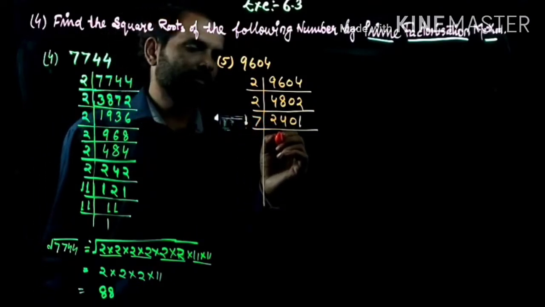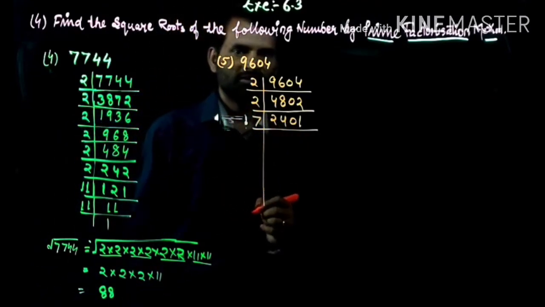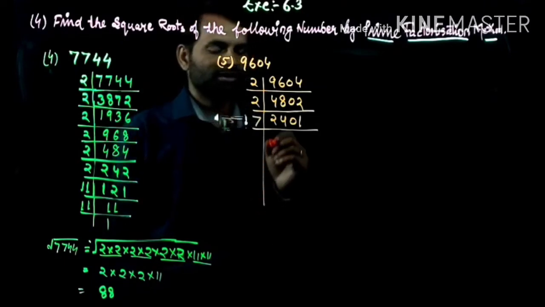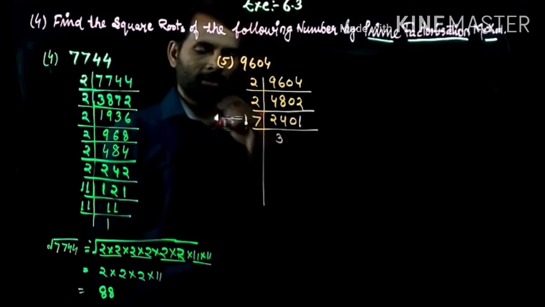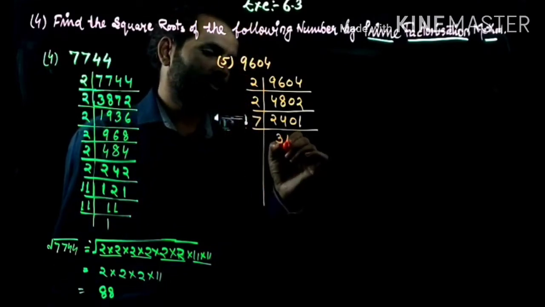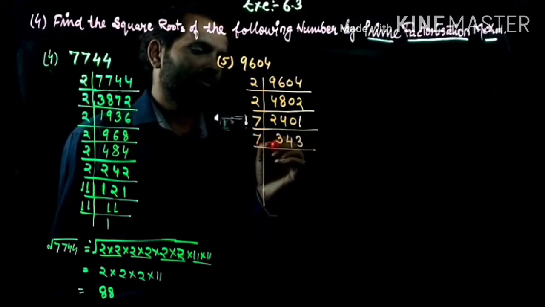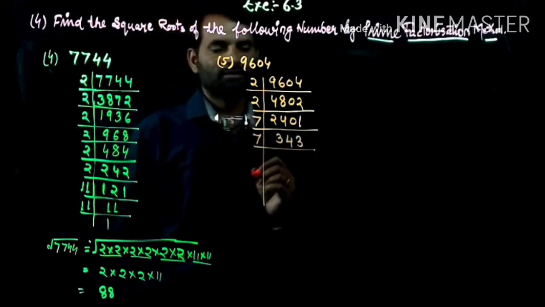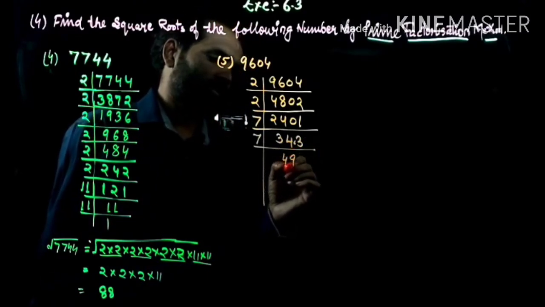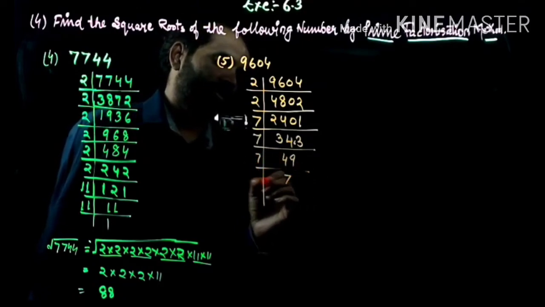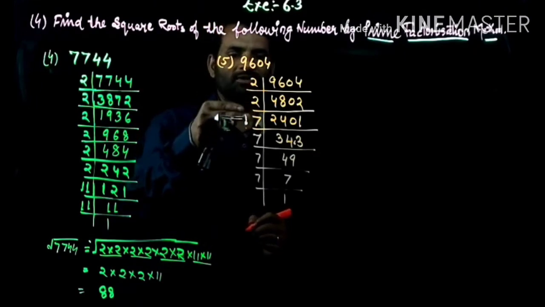7 3s are 21, 7 1s are 7, 7 2s are 14, 7 3s are 21, 7 4s are 28. So 3 times, and carry is 3. So that is the 4 times, 28, and again 3 is 21. Then 7 1s are 7, 7 4s are 28, and here 6 carry, 7 9s are 63, 7 7s are 49, 7 times the 1. Okay, so 2 is 2 times and 7 is 4 times.